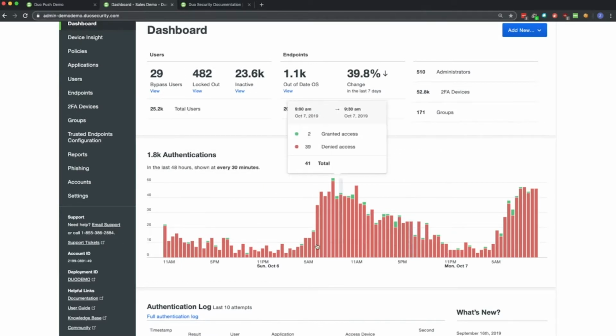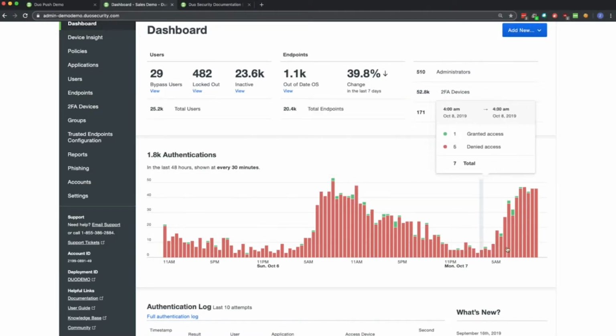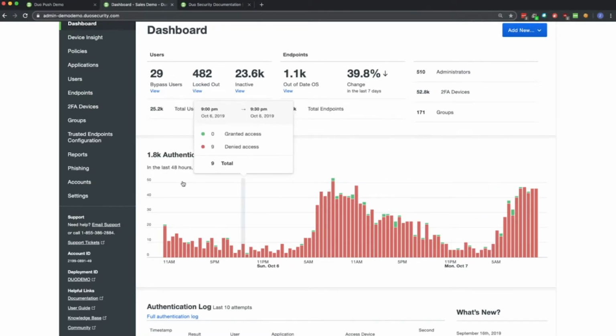You can take a look and delve into anywhere that there's an unusual spike in authentications or an anomalous amount of failed or abandoned authentication attempts.